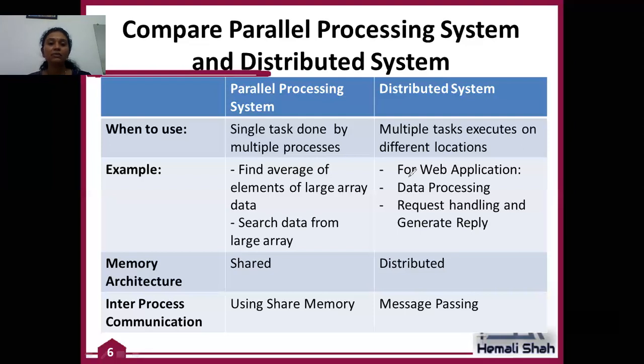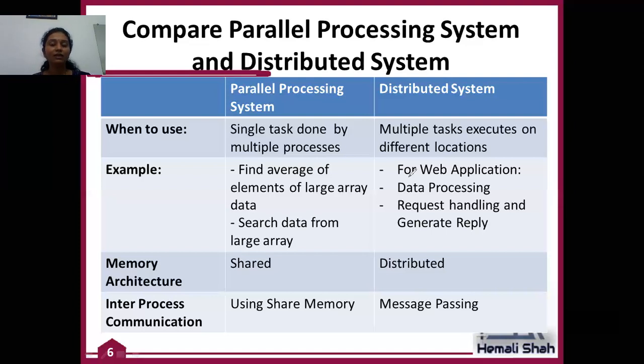For the memory architecture, a parallel processing system is best suited to shared memory architecture, and a distributed system is more suited to distributed memory architecture. Inter-process communication means how multiple processes communicate with each other. In parallel processing, they use the shared memory architecture and share data to communicate.